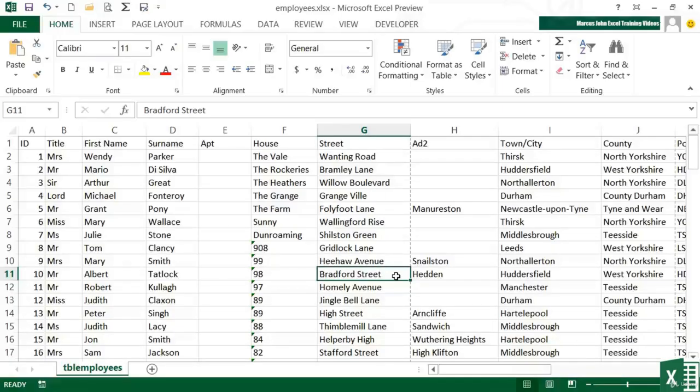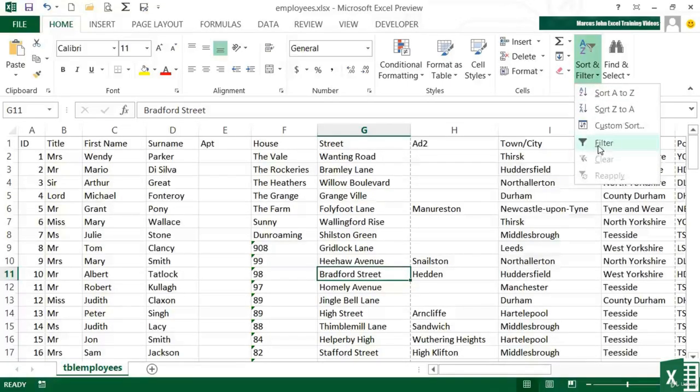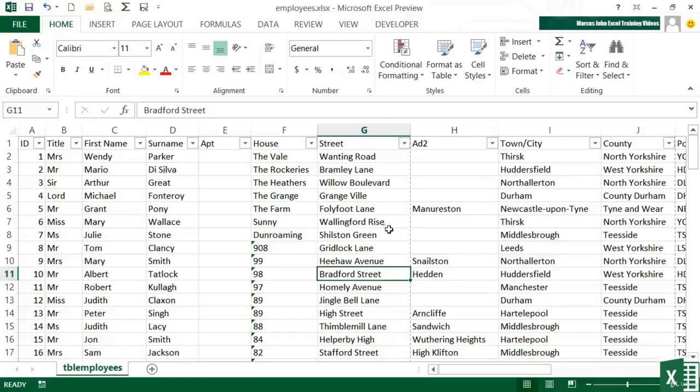Now, the first step to filtering is to activate the AutoFilter icons, and that's done from the Home ribbon, where we have Sort and Filter, and choose Filter. And you can see that nothing actually happens other than these little drop-down arrows appearing at the top of every column. What they will allow you to do, if we take the town city as an example, is to click in,